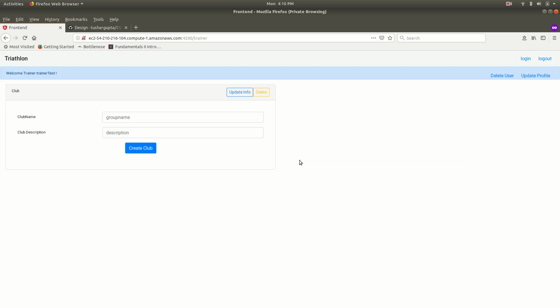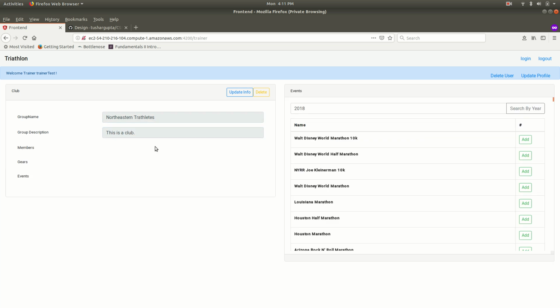Successfully logged in. So when I first join as a trainer, I have no clubs as of now, so I can create a club. So let's create a new club that cares about Northeastern triathletes. This is a club, and create. Okay, so now I have a club that is created, and currently it has no members, no gears, of course